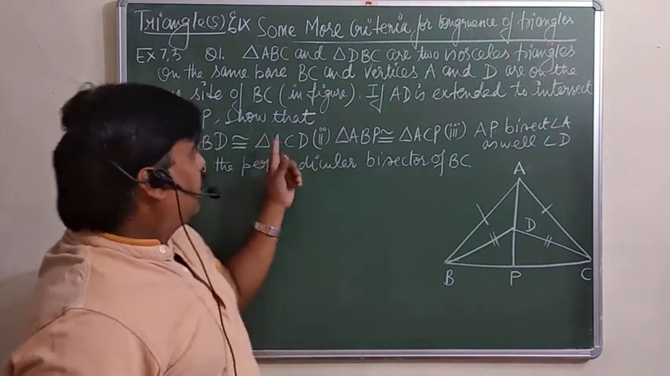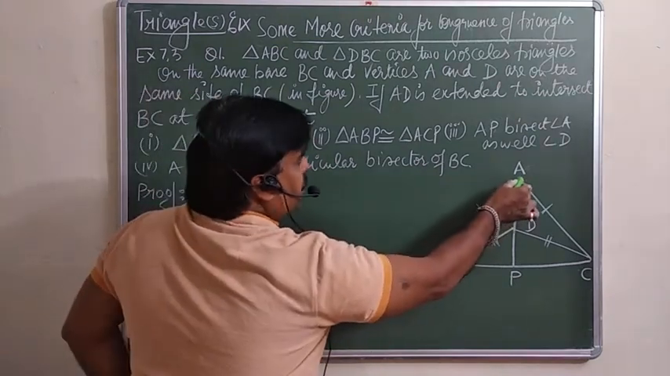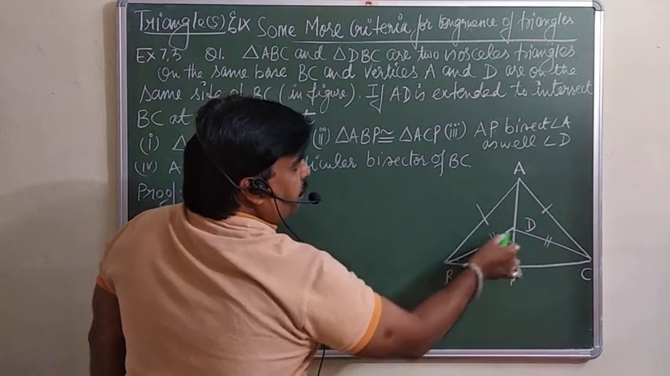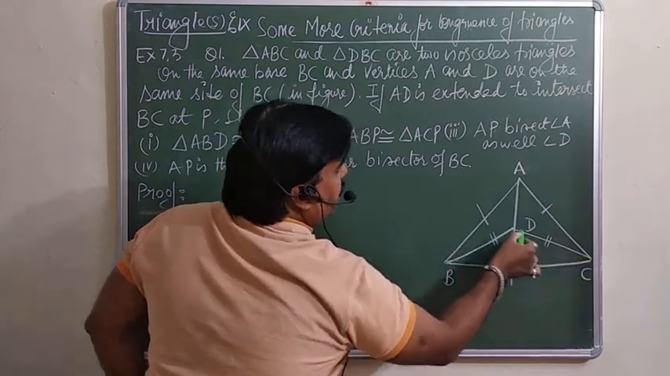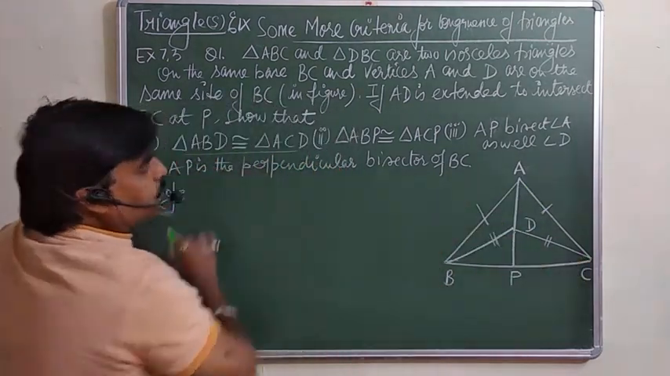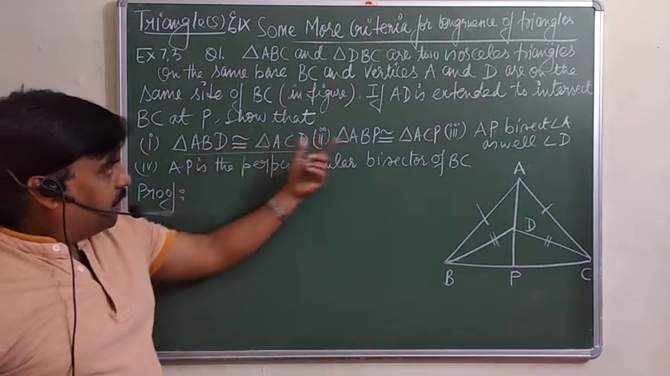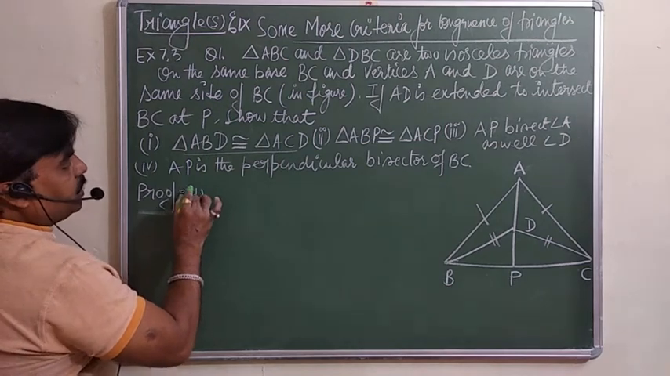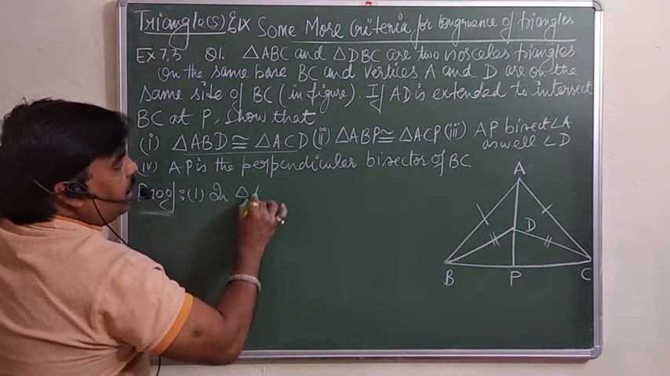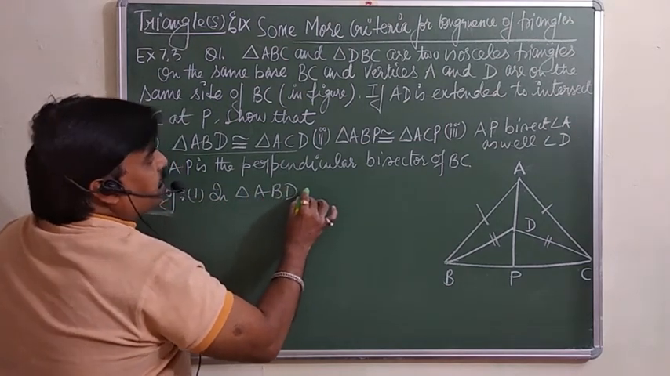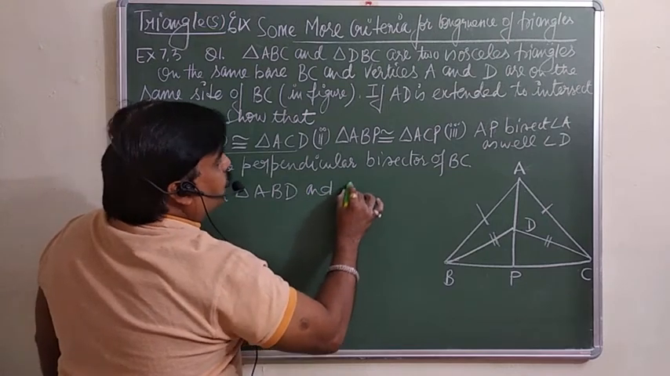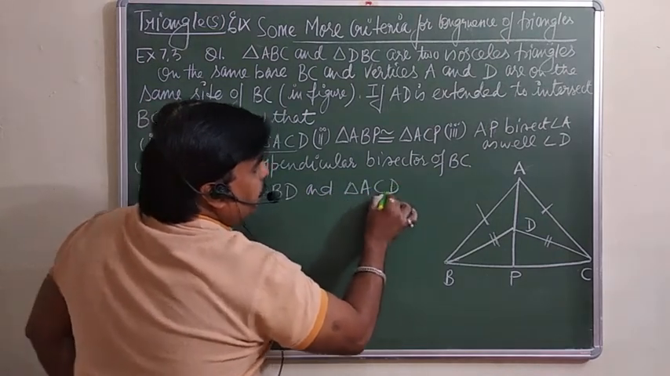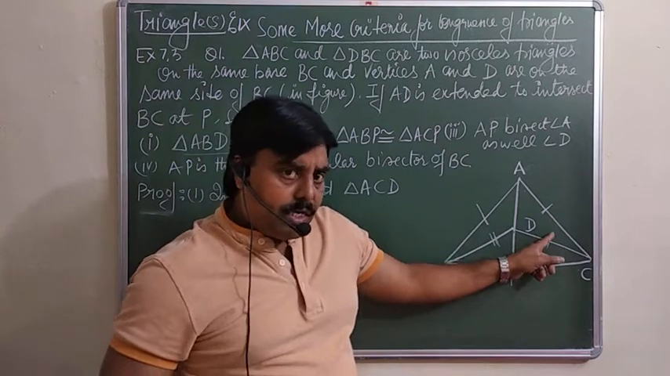We are supposed to show that, first, triangle ABD and triangle ACD are congruent. That is the first part we want to do. Gradually we will take the third and fourth parts. So the first part is we want to make triangle ABD congruent to triangle ACD. Since we have to make these two triangles congruent, you are supposed to take